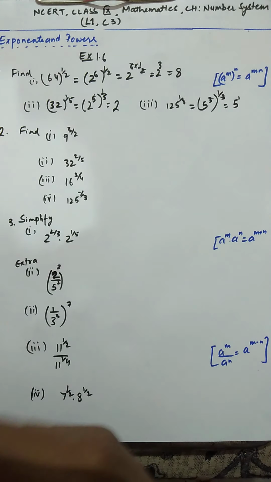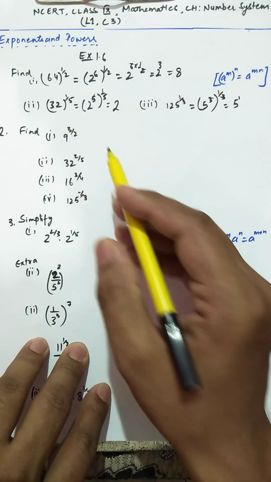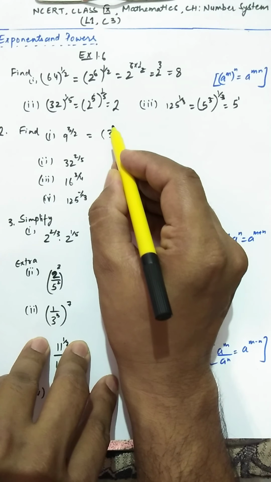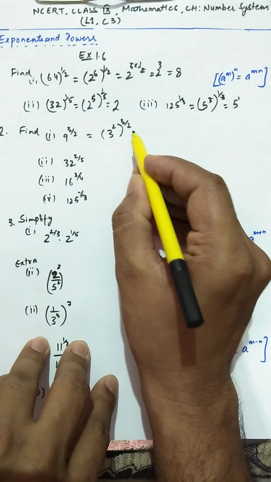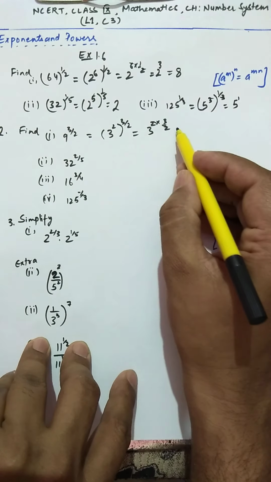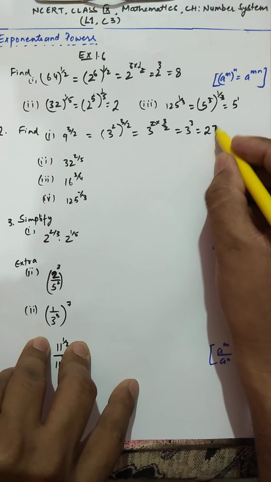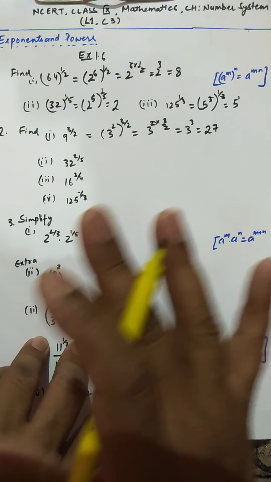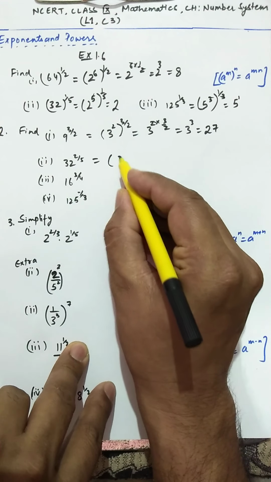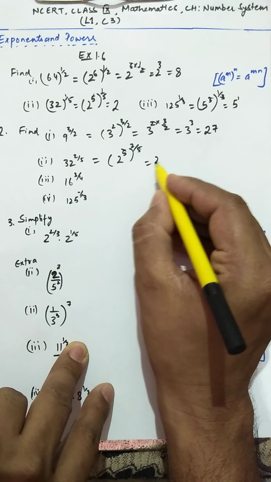Okay, now come to this. Again this is the same type of question as we have done earlier, so we have to find the solution as well. So this is 9 to the power 3 by 2. You know 9 is 3 square and this is 3 by 2. If you simplify, this becomes 2 into 3 by 2. 2 will get cancelled, so this becomes 3 to the power 3. If the number is small, you can find the value; otherwise, if the exponent is very large, you do not solve it. Then this is 32 to the power 2 by 5. You see 32 is 2 to the power 5 and this is 2 by 5. So 5 will get cancelled and this becomes 2 to the power 2.